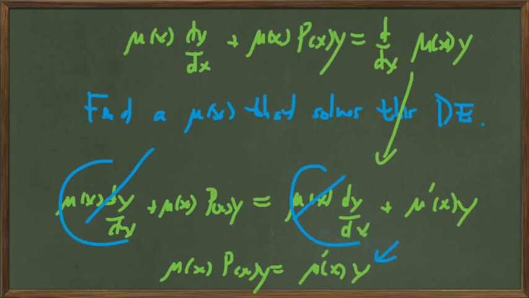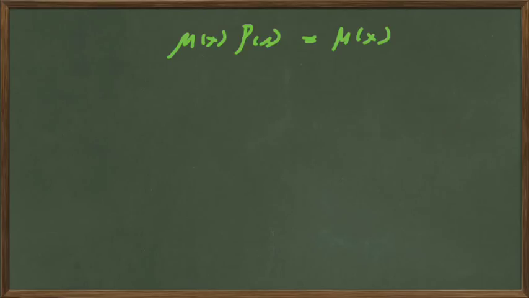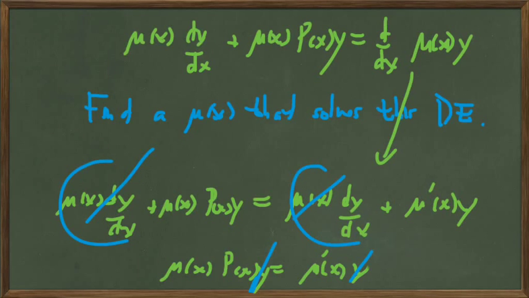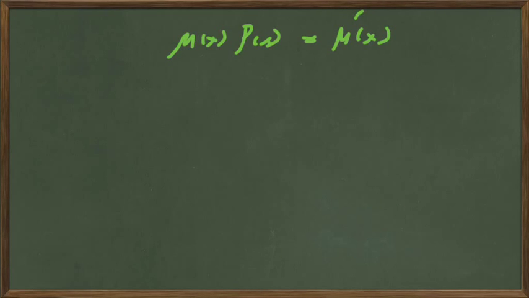So we have mu of x p of x equals mu prime of x. Not only is it separable, but there's only one variable left in it, because the y's are going to cancel out on this left-hand side. This y and this y cancel out. So we're left with this, which we want to rewrite to show that it really is a differential equation. Remember, there's a prime right here, so it's mu prime of x